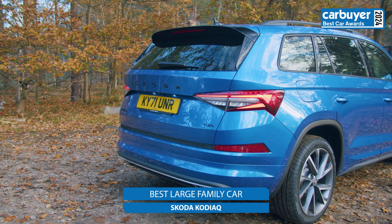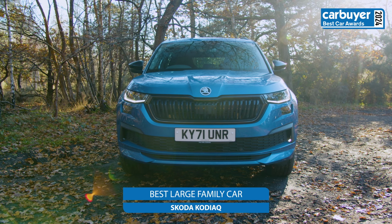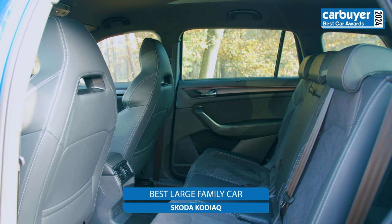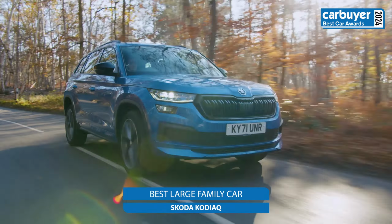Sure, there's no fuel-sipping EV or PHEV, but the engine range is still strong and the cabin is beautifully ergonomic, no matter which of the 7 seats you're sat in. Quality is excellent and there's very little to fault when it comes to the driving experience, a great all-rounder. As all of our winners are, actually, and as we roll from best large family car to best estate car,